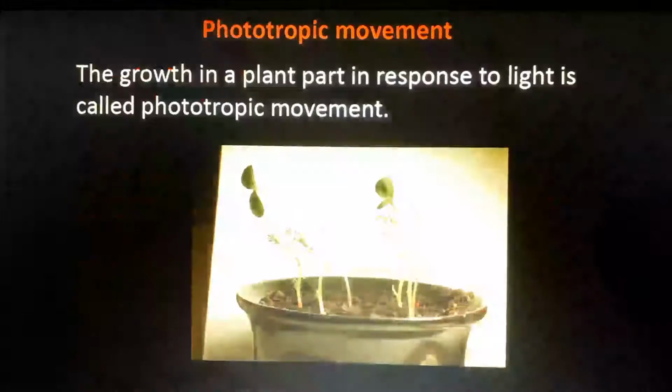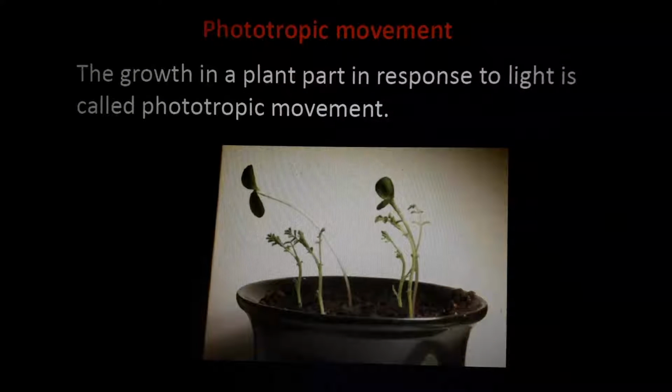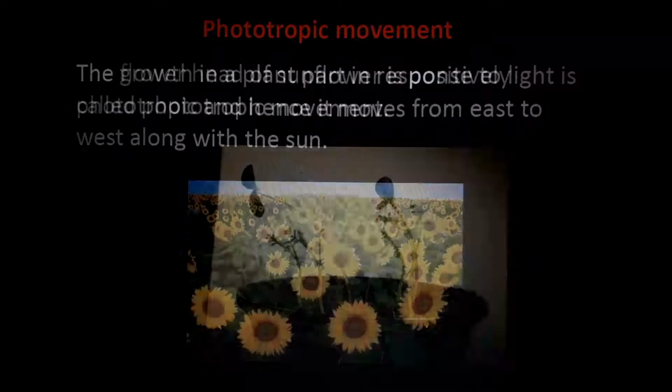This is an application level question I will give. The growth movement of plant parts in response to light is called phototropic movement. Definition, 1 mark question. But you must understand what the reason is. That reason is not given elaborately in the textbook, which is why I have taken that extra photo. In this slide also they didn't give that, so I missed making it in this slide. But I will send that photo in the WhatsApp group, no problem. You can check it, refer to it, and understand it. So that is called phototropic movement.